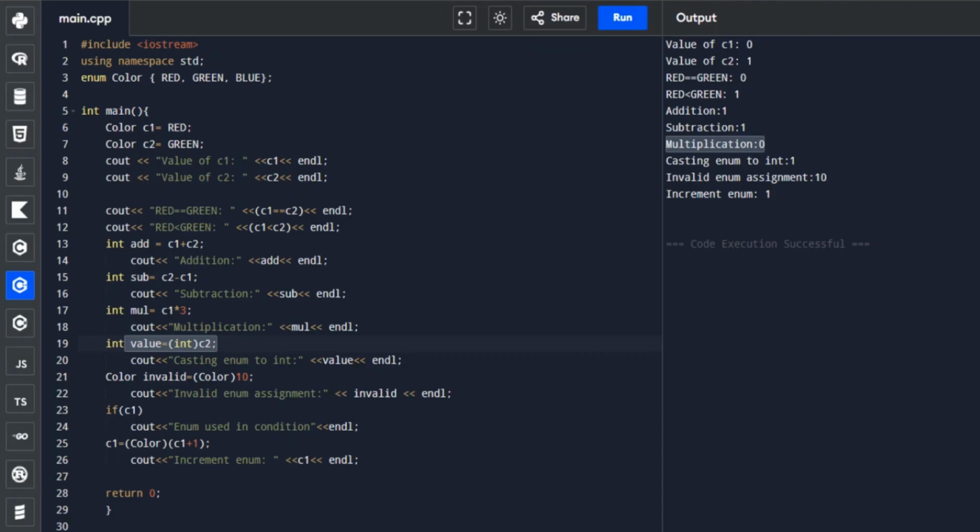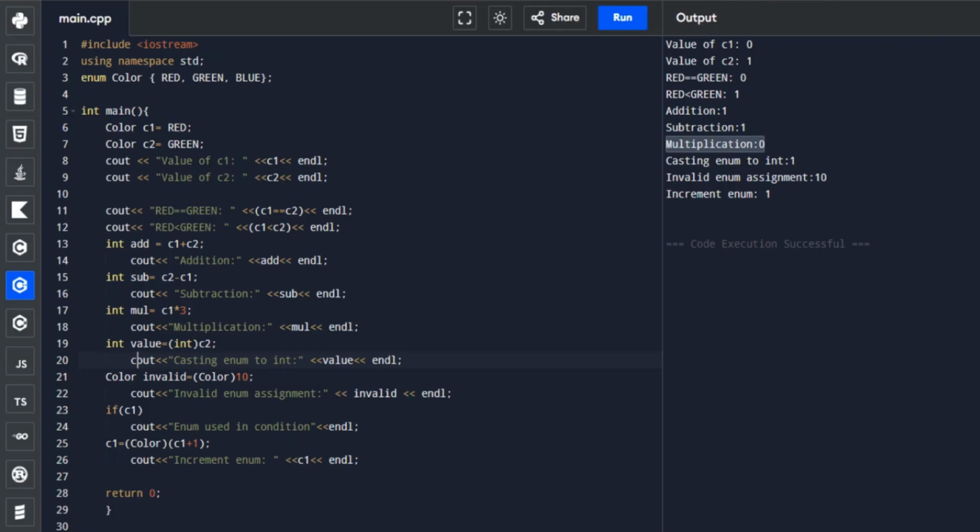So next is the next operation that we have here. In this part we are assigning an invalid integer value to an enum.